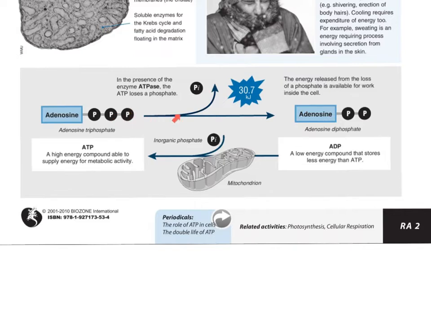For every phosphate that leaves, you get this much energy, 30.7 kilojoules of energy. Do you need to know what kilojoules are? No. You should by the time you're in physics, but let's not worry about that. What I need you to know is that every phosphate is going to give you some energy. Every time you take a phosphate out, it gives you energy. So ATP going to ADP gives you this much energy. Take ADP to AMP gives you a little more energy. Less than 30, but a little more.